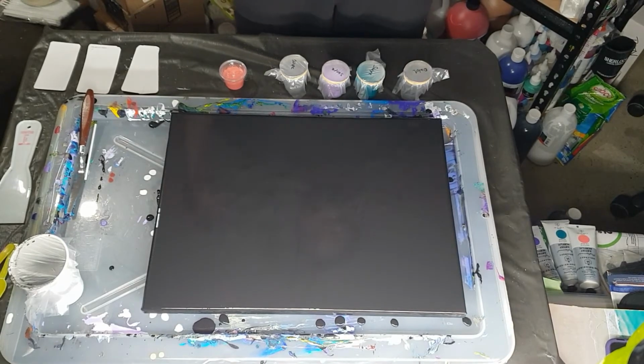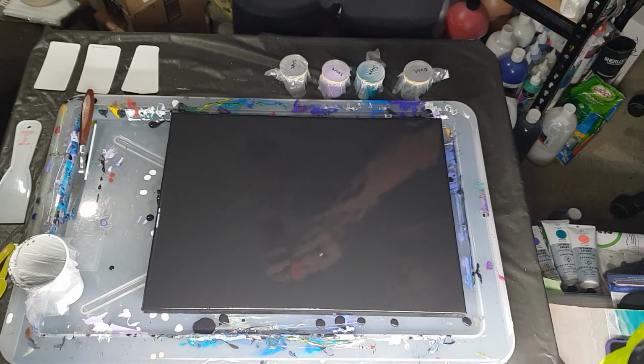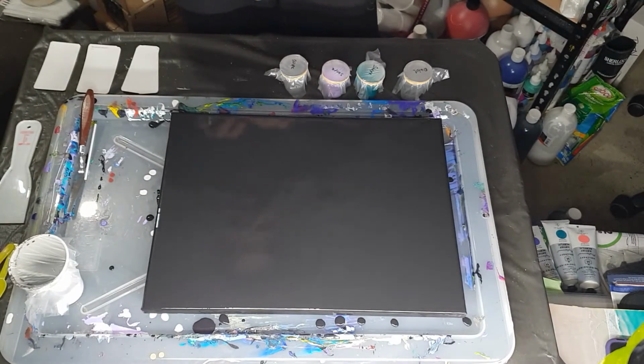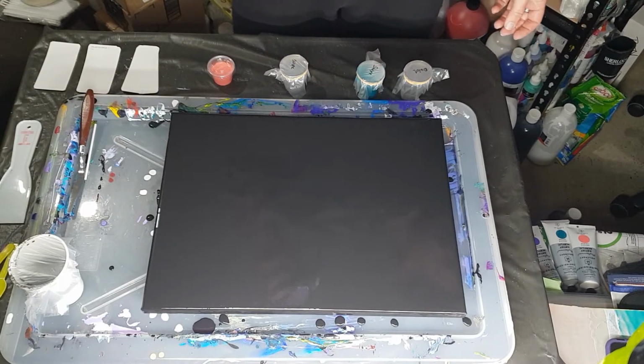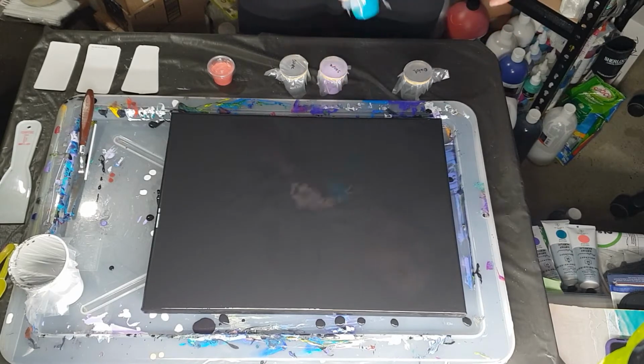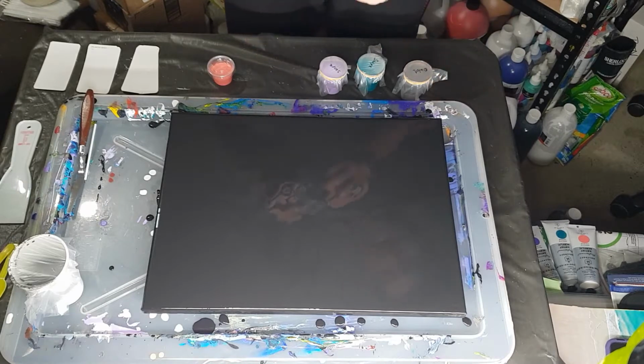So I'm going to do another ghost reflection swipe. I'm going to use similar colours to what I've used in the past, but I'm going to add this colour here, which is called watermelon. So I've got watermelon, I have light violet, permanent light violet, turquoise, and I've still got the Americana,